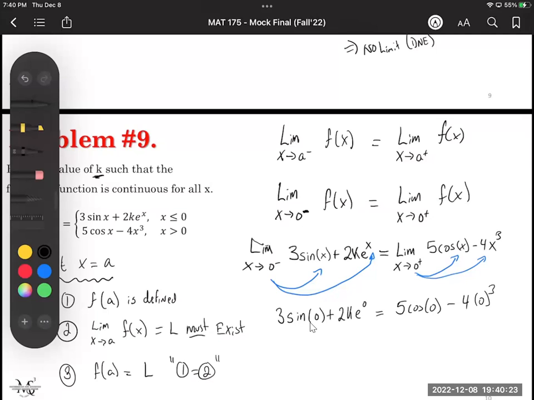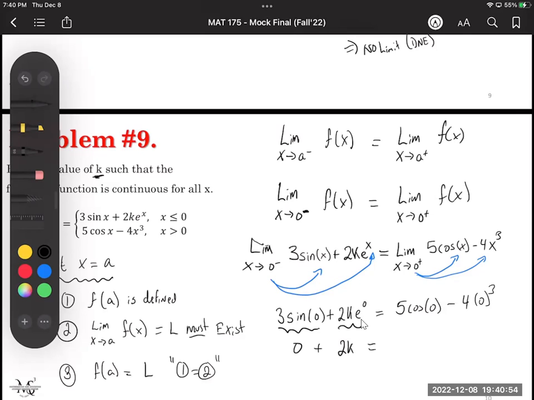What's sine of 0? 0. So 3 times 0 is going to be 0. This is all going to be 0. Now, what's e to the 0? We talked about this earlier as well. It's 1. So if that's going to be 1, then I'm just left with 2k. That's going to be 2k